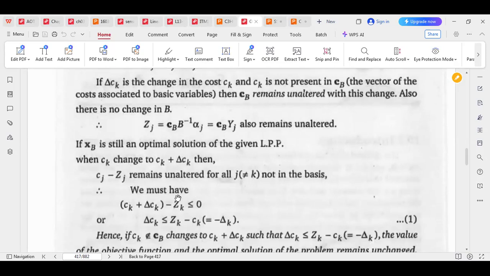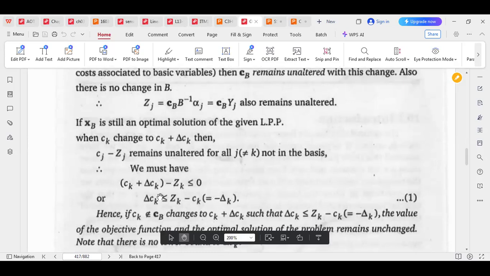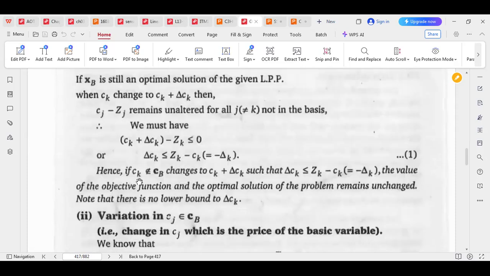So we must have this slightly changed delta ck with the initial ck we are adding, this difference zk must be negative, or a little bit of change in the cost vector delta ck less than or equal to zk minus ck, that means which will be equal to minus delta k. If this ck is not equal to the basic cost vector, which will be changed to ck plus delta ck, such that this is the condition or value of the objective function, and the optimal solution of the problem remain